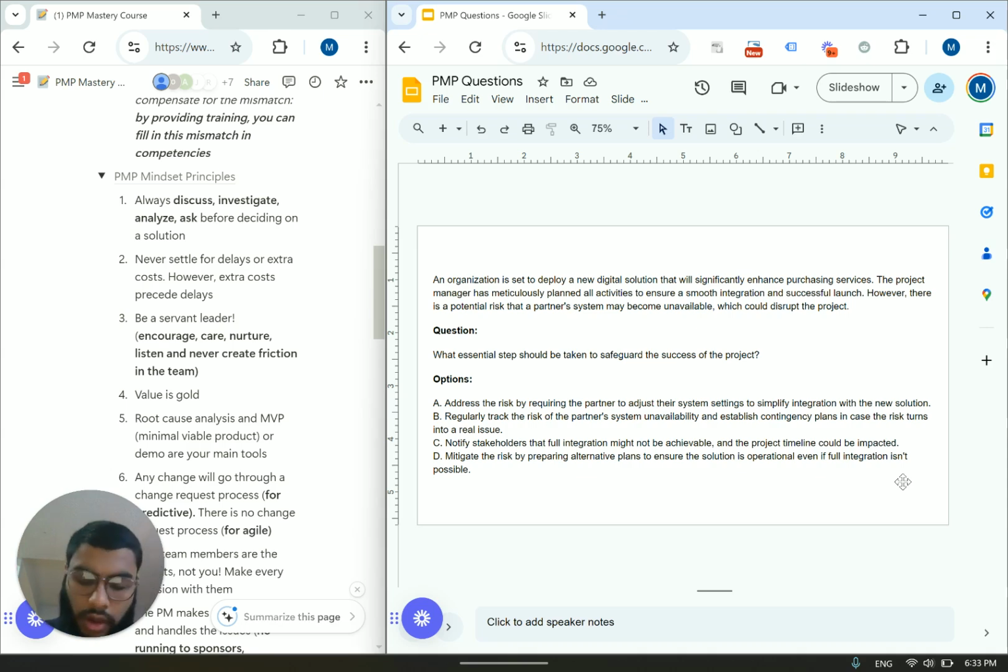Now, this is where our principles come in. Again, like I mentioned before, when you see principle number 1, you want to choose that. Which one is closer to principle number 1, B or D? B, contingency plans in case the risk turns into a real issue, is the PM taking a step back and